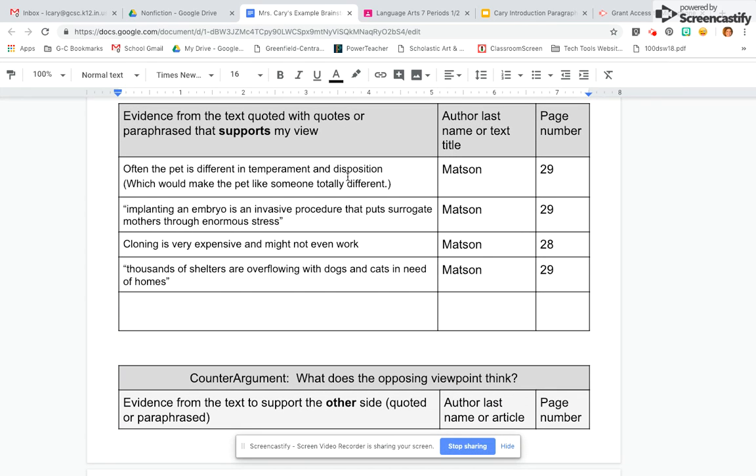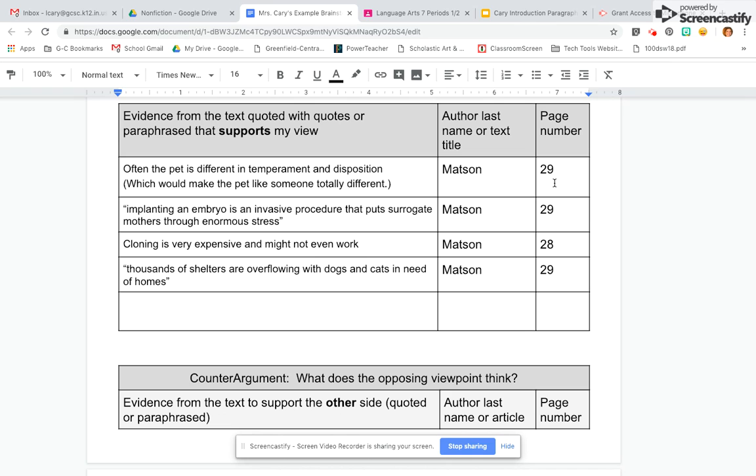Then towards the end of class, we started looking through our individual articles and jotting down evidence that we thought would help our argument. Okay. So, for example, one that I found: the pet is different in temperament and disposition. So that would make the pet actually seem totally different if it's cloned. I just paraphrased this, so there's no quotes, but then this was the author